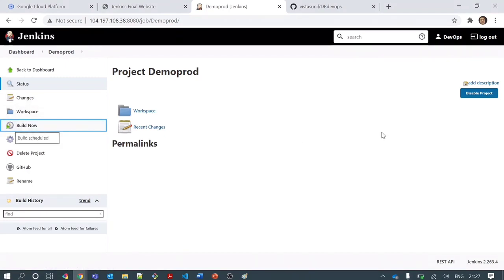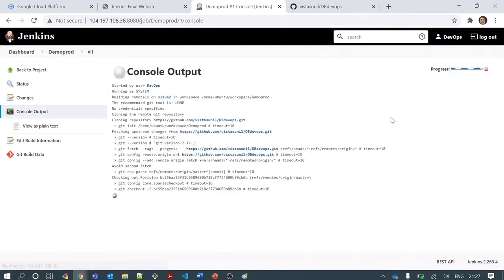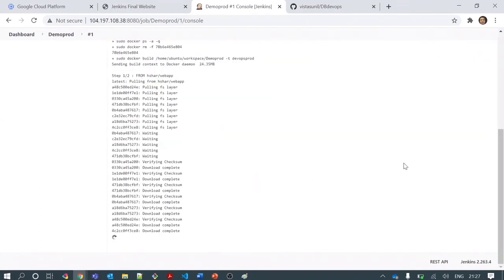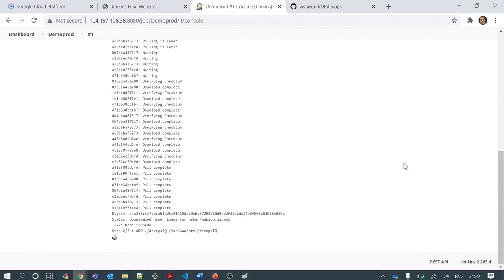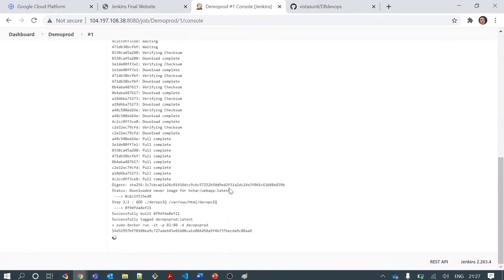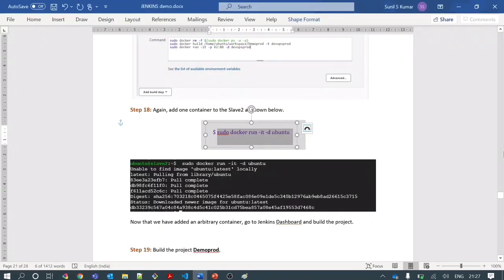Build the job, check the console log, and you will see all the steps executed sequentially. It may take a minute or so. So the building of the image is done, running the container is done, and the job is success, right?